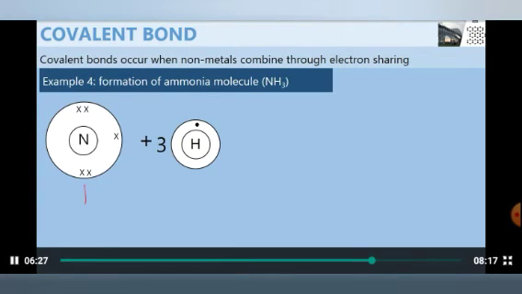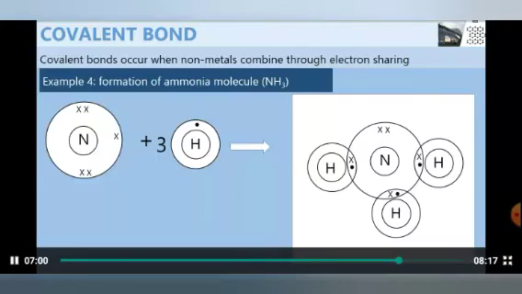So 1 nitrogen and 3 hydrogen atoms. Now nitrogen requires 3 electrons to obtain a stable configuration, while hydrogen requires 1 extra electron to obtain a stable configuration. So 3 atoms of hydrogen would share electrons with nitrogen to obtain stable configurations